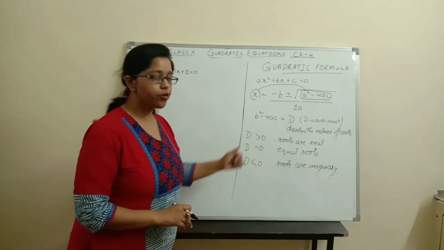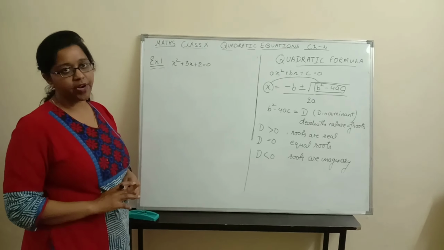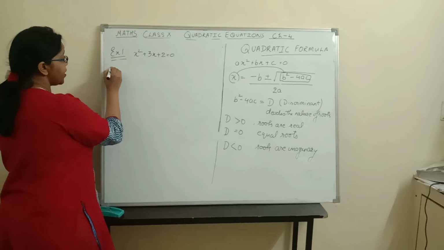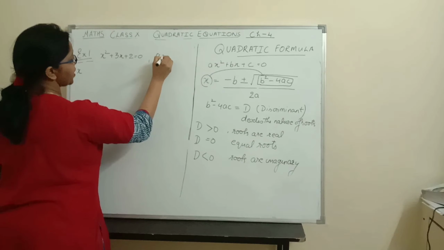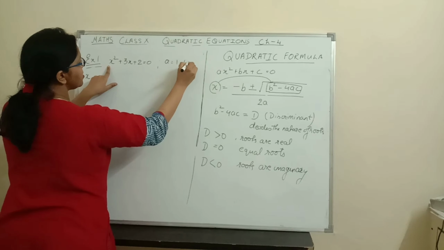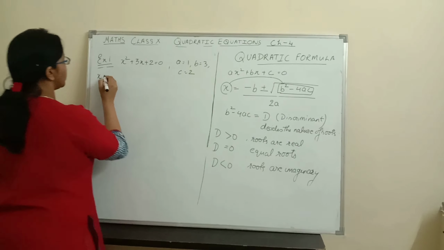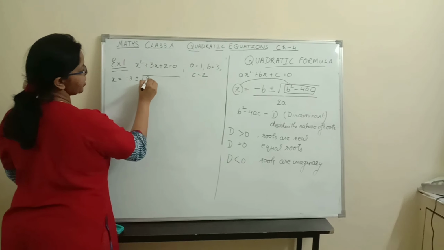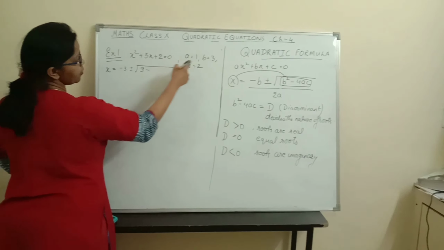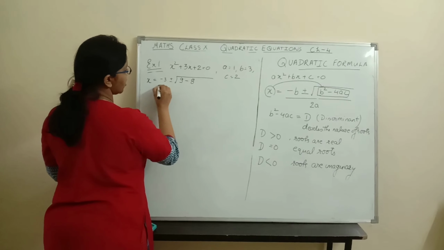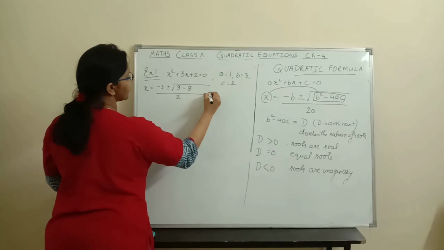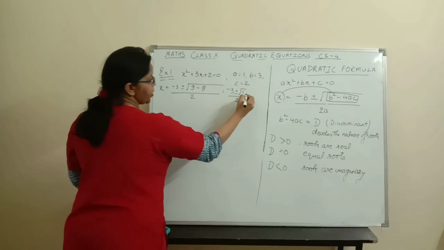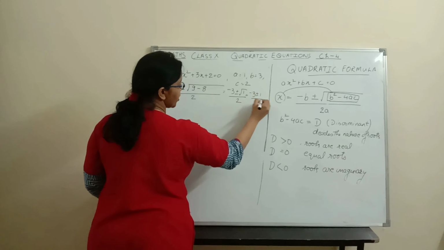So, to understand the nature of the root, I have taken the first example as this quadratic equation. I am using the quadratic formula to find the values of x. Here first of all, the value of a is 1, b is 3 and c is 2. x is equal to minus b, that is minus 3, plus minus under root b square 9 minus 4ac, that is 4 ones are 4, 4 twos are 8, upon 2a, 2 ones are 2. It will give you minus 3 plus minus under root 1 upon 2. Now under root 1 can be written as 1, so minus 3 plus minus 1 upon 2.